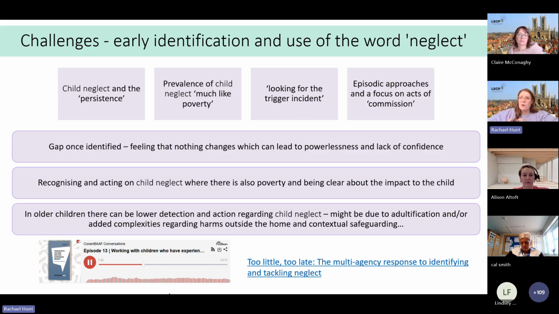And I think one of the learning points in one of our learning bulletins was about a lot of focus being on those big things. The home conditions weren't great, and there were a lot of concerns around that, but there was a consistent response of, well, we'll be moving house soon. And quite understandably, the response was, once they've moved house, maybe that will change. But actually that house move didn't happen. That child was experiencing those home conditions for a really significant time, and it did result in a child death. It is one of our learning bulletins, so I would encourage you to go and have a look at that.